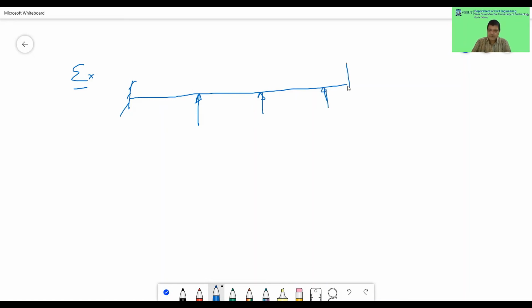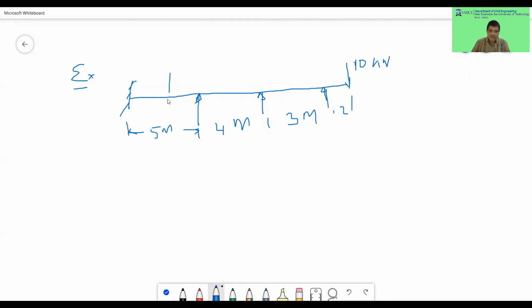Now this is a 10 kilonewton load given. And this is given 2 meter. This distance is given 3 meter. Okay, units you can write down. And this is given as 4 meter, and this is given as 5 meter. So you can formulate any problem. So we'll see what is the effect of these things that we will discuss. The effect of overhanging. We have discussed this one is simple supported here, overhanging.